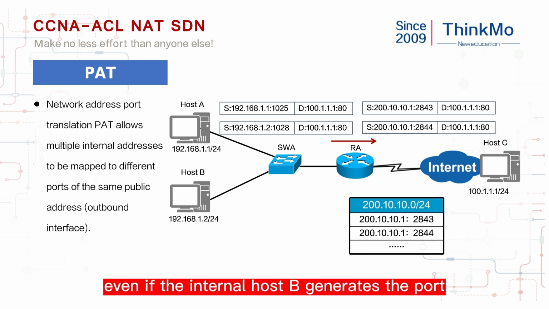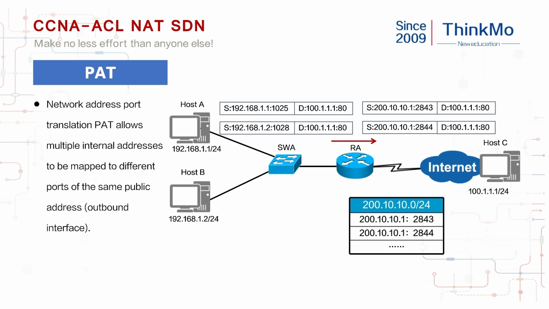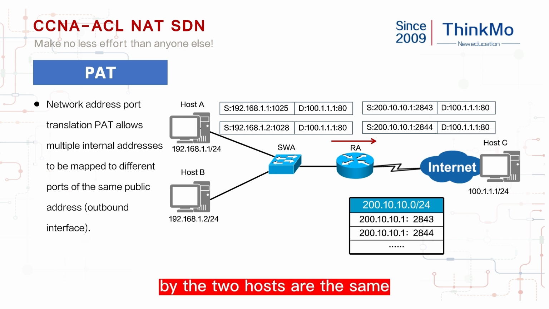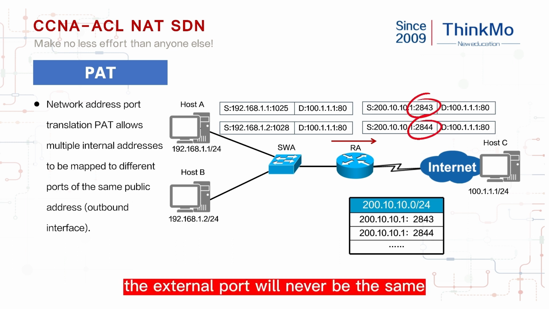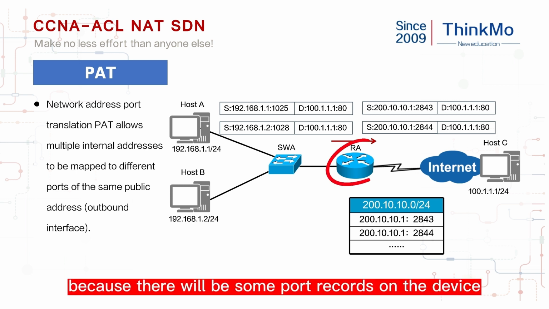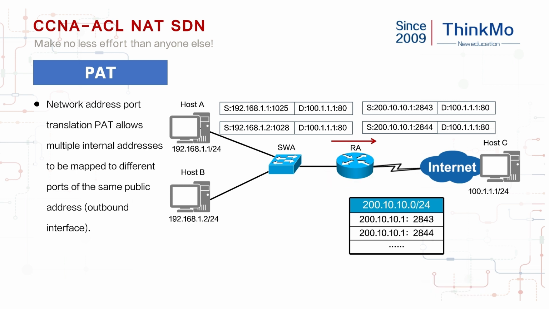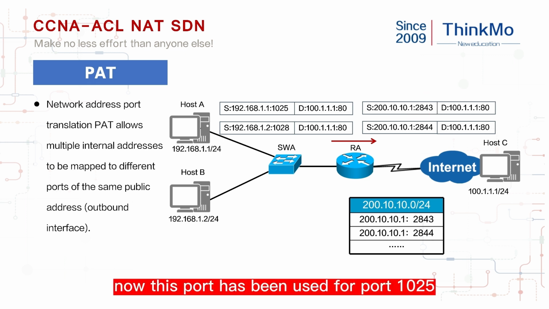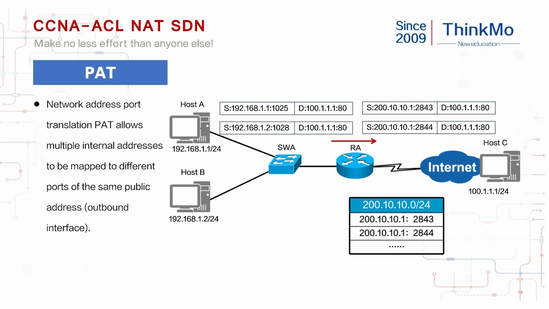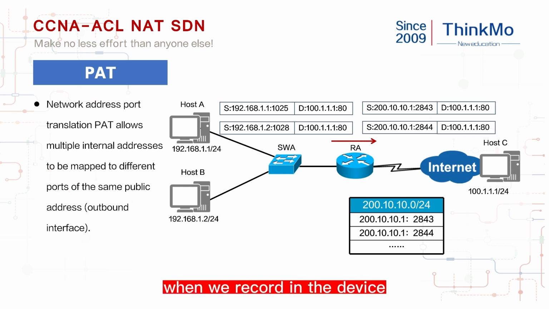Even if internal host B generates a port starting with 1025, no problem. The ports that may be generated by the two hosts are the same, but when converted, the external port will never be the same, because the device keeps port records stored in the mapping table. Now this port has been used for port 1025 of internal host A. Then in the future other devices that want to go online also use its address, but with a different port. When we record in the device, we take the address plus port,